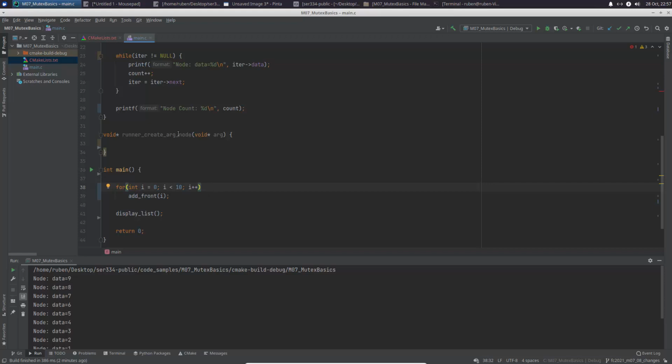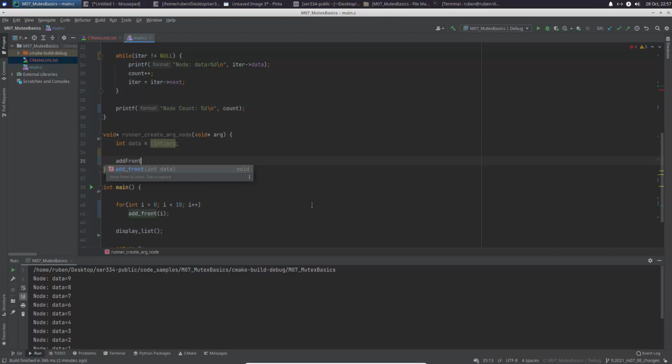Let's maybe, okay, so we have the runner there. Let's maybe start working on the runner a little bit. I'm going to do int data, or data int. Let's just kind of cast over the argument, right? So we know that we need this, right? So I want to basically call add front, right? But I want to get the data to be in the right format. So I'll do that. And then I'm basically just going to add the data to the front, right? So basically, each one of these threads will go and add a particular number to this